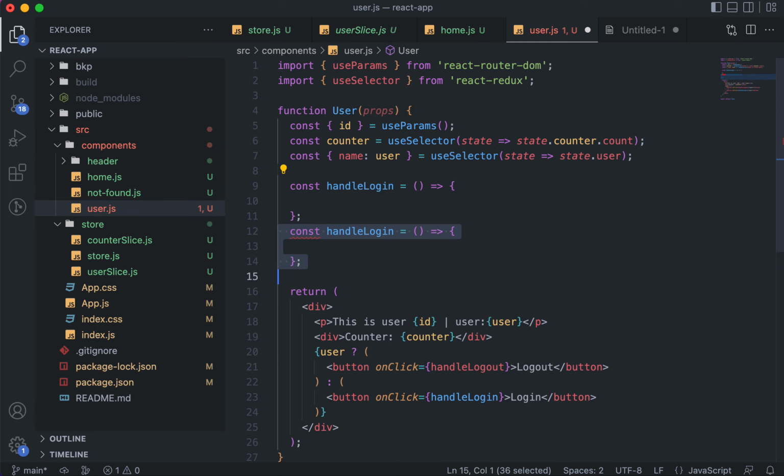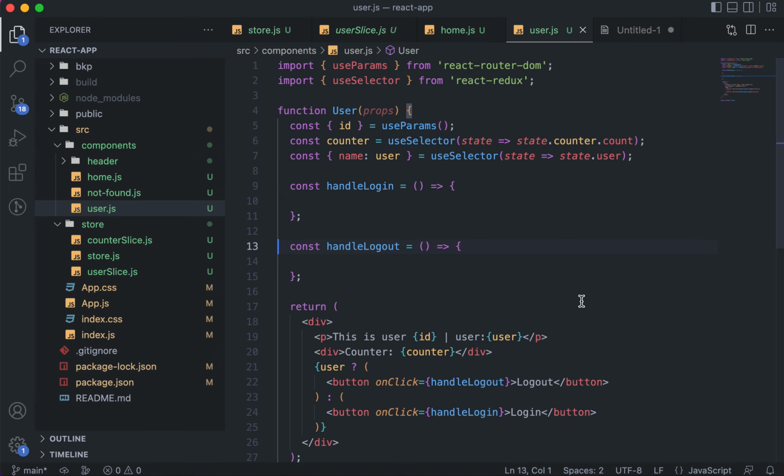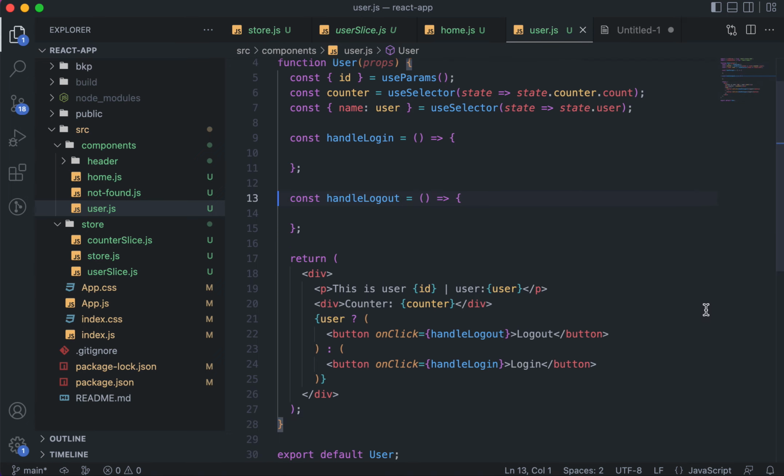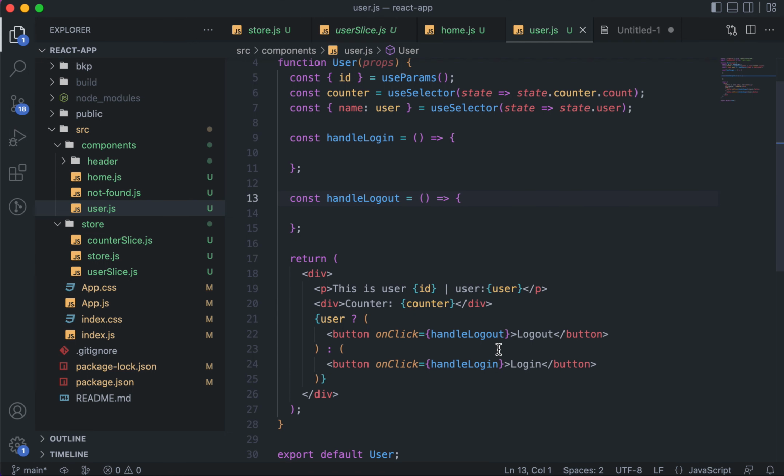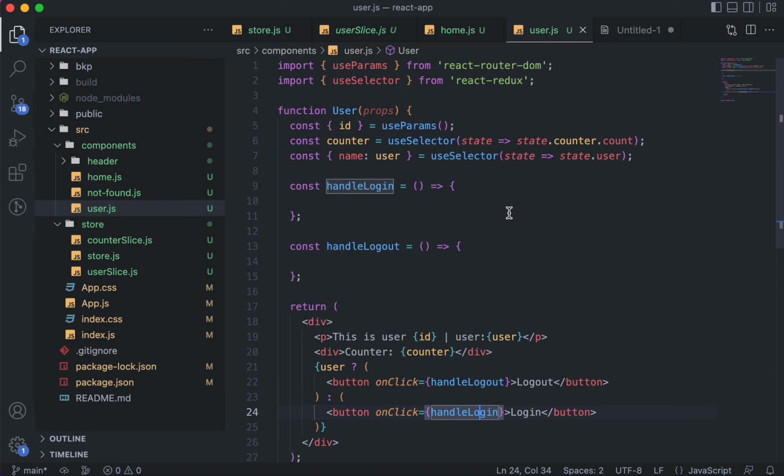And similarly, let's implement logout also. We have not implemented both things right now, but at least the button will be visible now. You can see that this login button is visible, and when I click, nothing happens because I'm not doing anything. What I'm interested in is that when I click on this, I have to change the user. So let's say when I click on login, then again